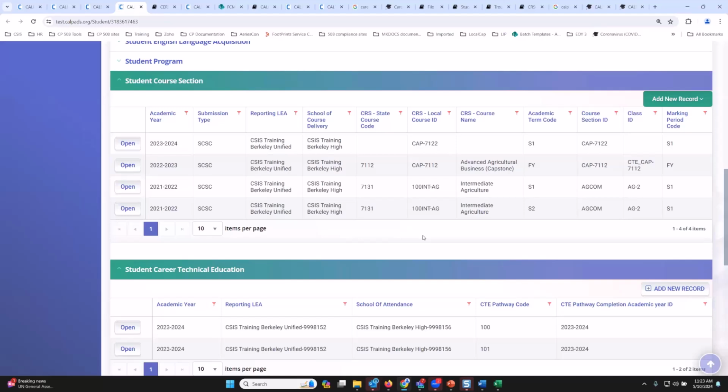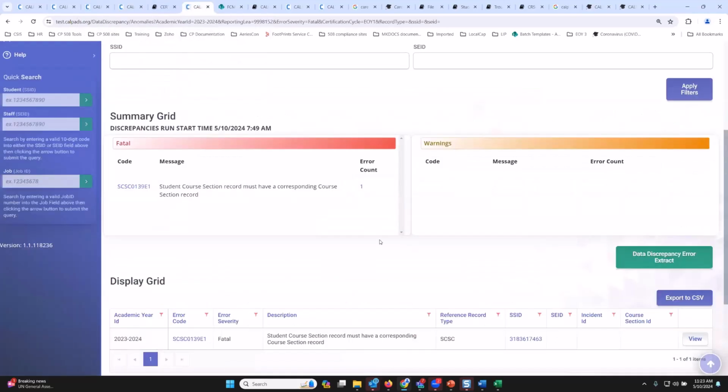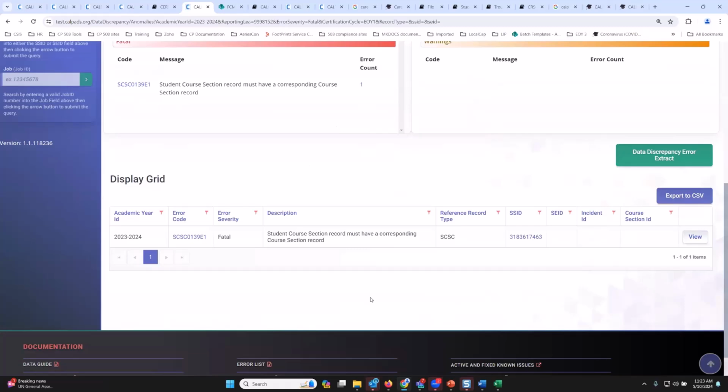Okay, which then points me to the next common error that you guys normally encounter, which is the SCSC 139, our lovely SCSC 139 error, right? My favorite error to solve because it helps me bring out my Sherlock Holmes skills, I guess.